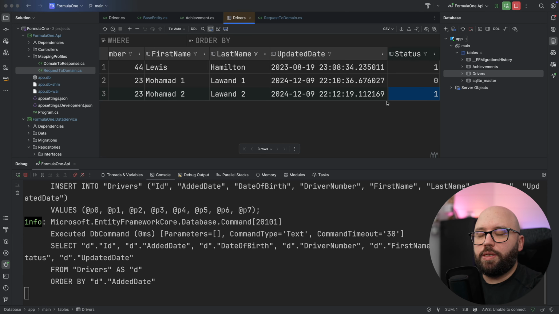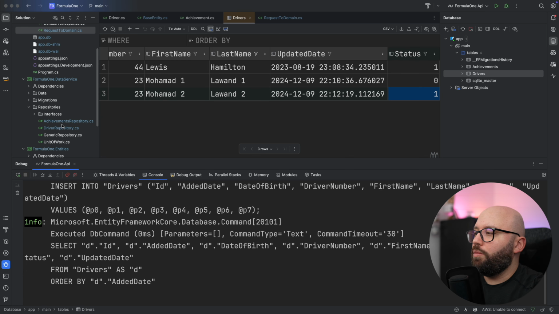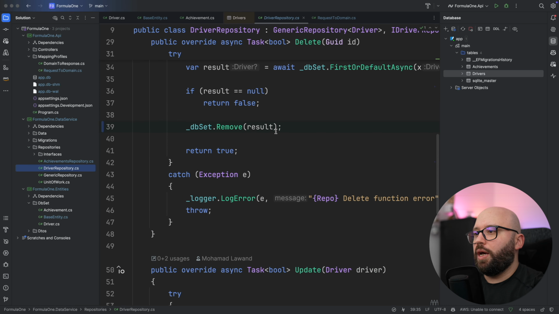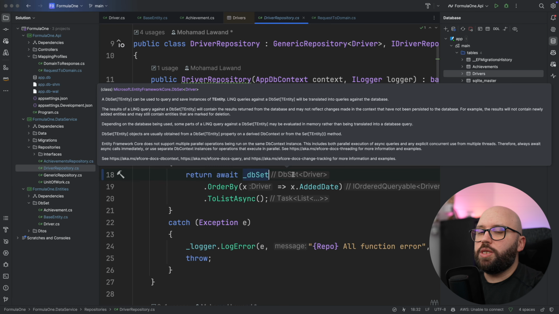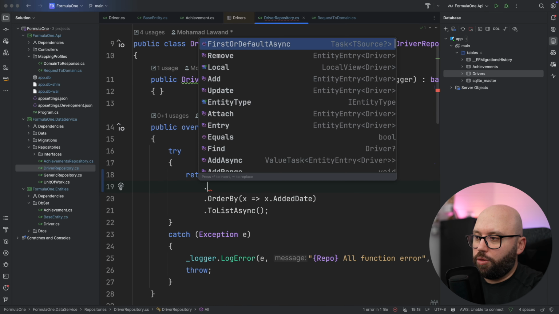I'm able to add a status dynamically there. So what's the second step? The second step is I'm going to stop my application. I'm going to update my repository. So basically right now, I'm going to update my driver repository. So instead of every time just getting everything inside my database for my get all, what I want to do is I want to add a condition. And this is where it's going to separate the deleted from the non-deleted. So I'm going to put dot where